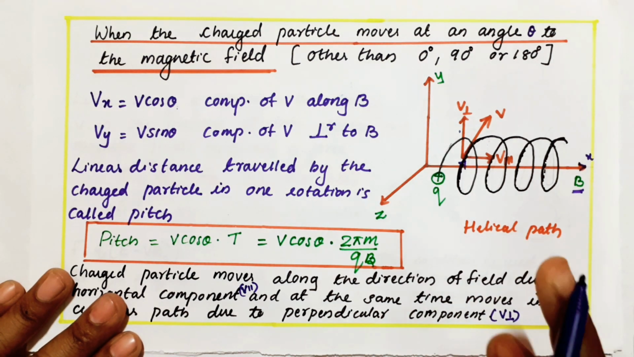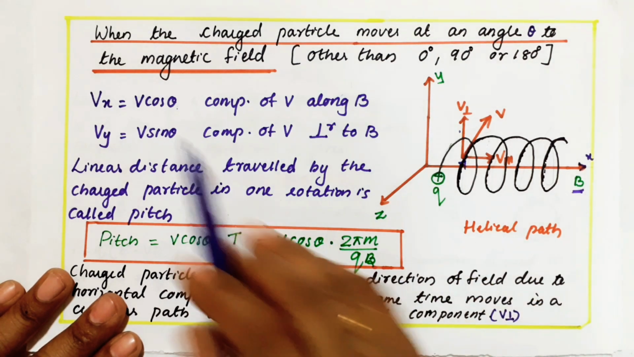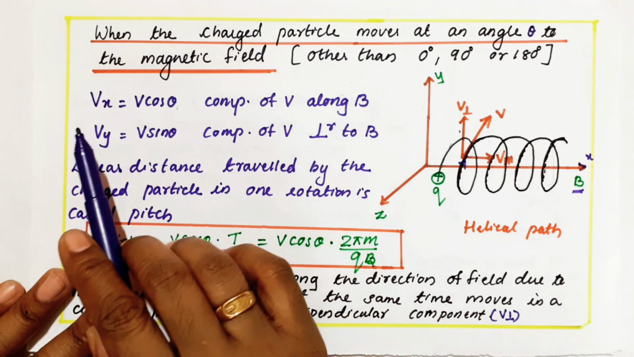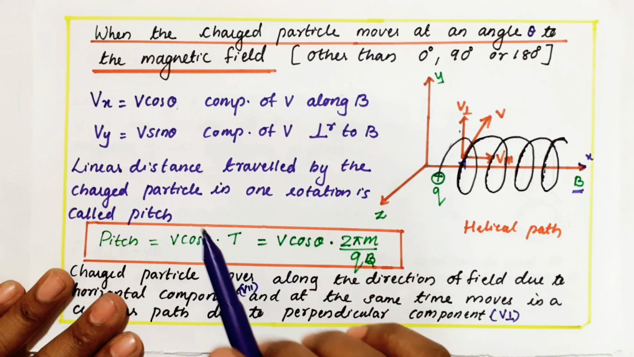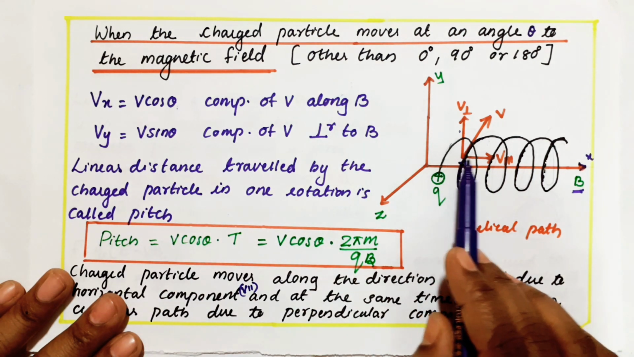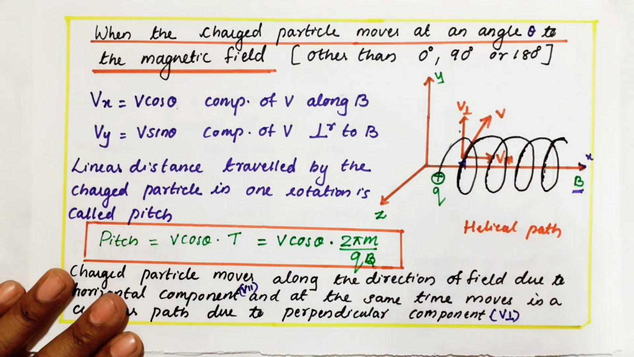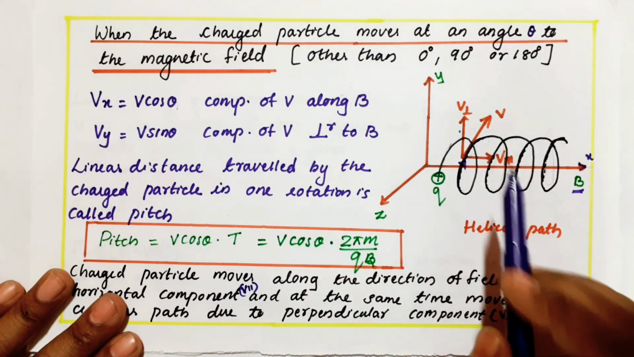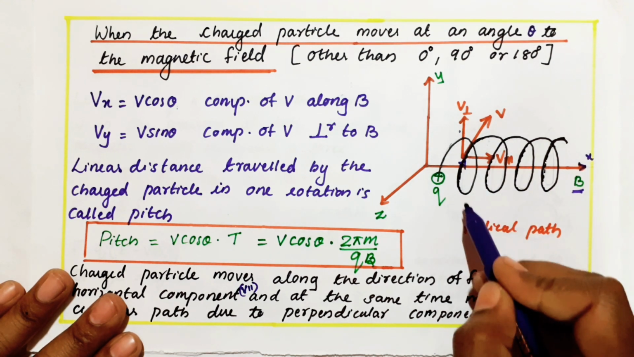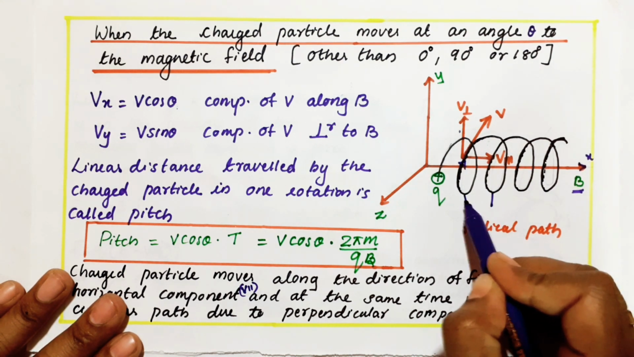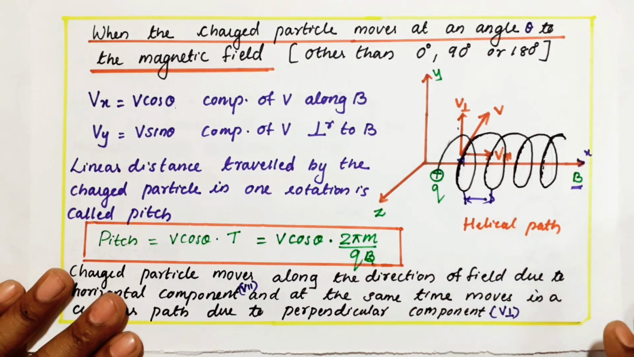helical path. Why does it move in a helical path? This velocity we can resolve into two components, that are V cos theta and V sin theta, or V parallel and V perpendicular. V parallel means it goes along the direction of B. V perpendicular means it is perpendicular to the magnetic field. So when a particle is completing one rotation and going like this, right? The distance traveled by the charged particle in one rotation is called by a name,